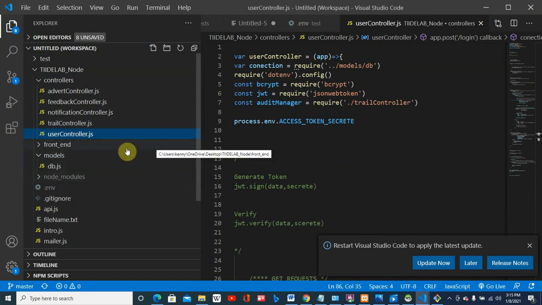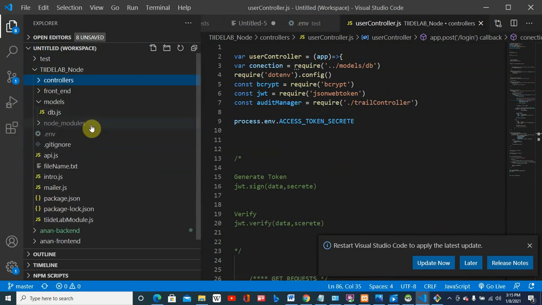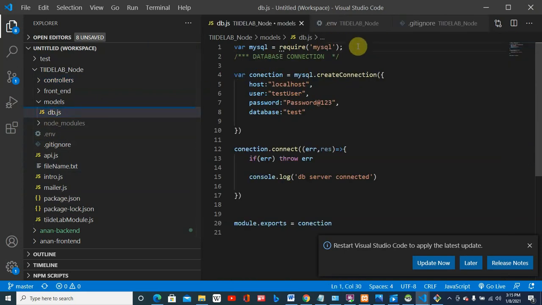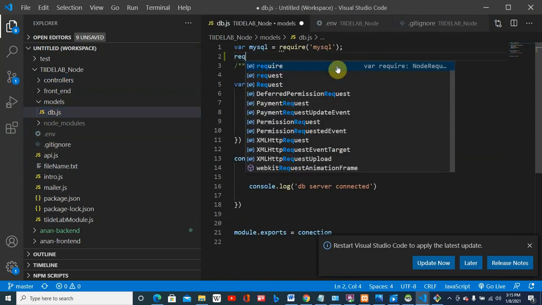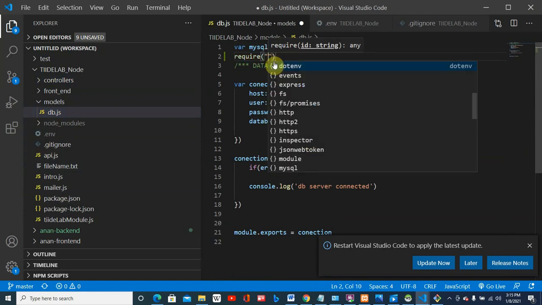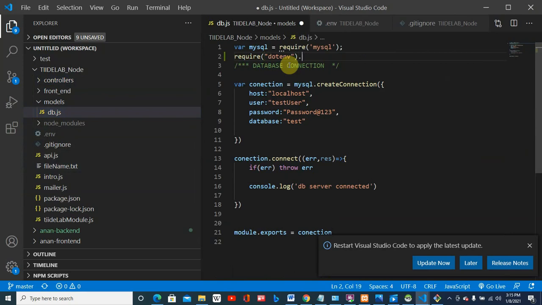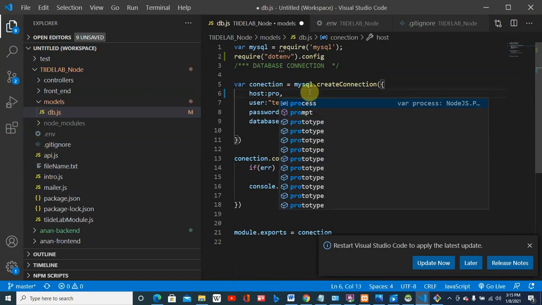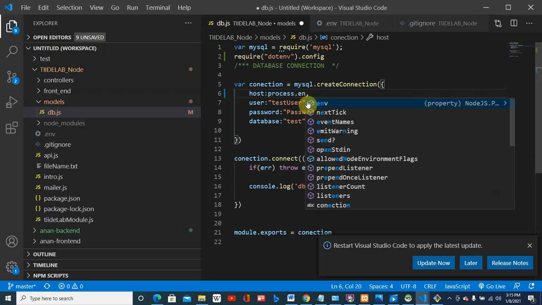All right, so where is that again? Here. So I have require, so I'm requiring .env .config. All right, then this one here will be, instead of hard coding it, use process .env